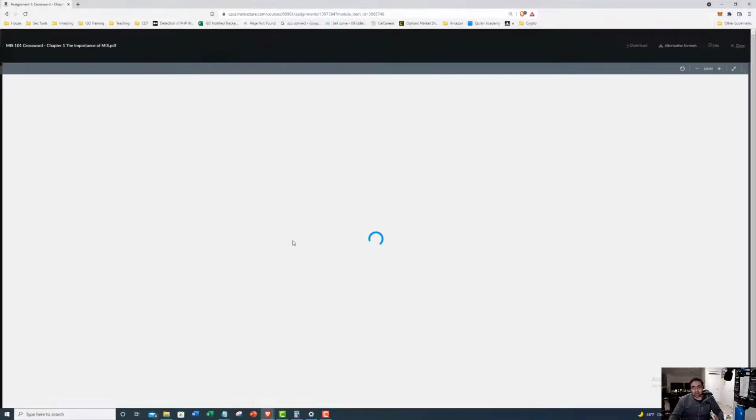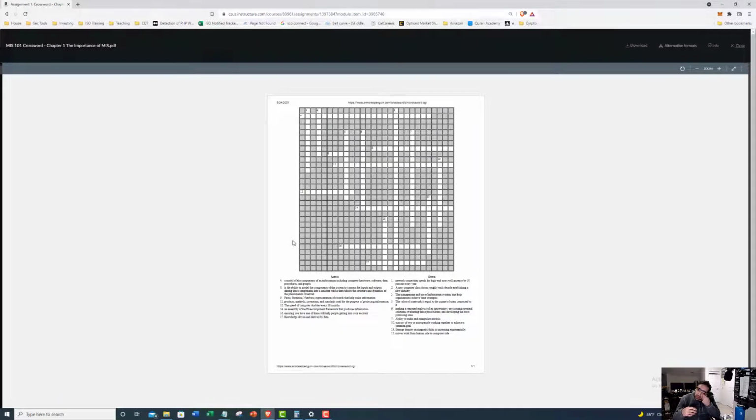Once you download it, there's a few ways for you to complete this crossword puzzle. So I know this is our first one, so you can go ahead and download it, fill it in yourself, and then scan it in and upload it to Canvas. And just make sure it's a Word document or a PDF. Canvas will not accept, or I'm not able to see any other type of file or documents in different file extensions. Okay, so either PDF or Word.